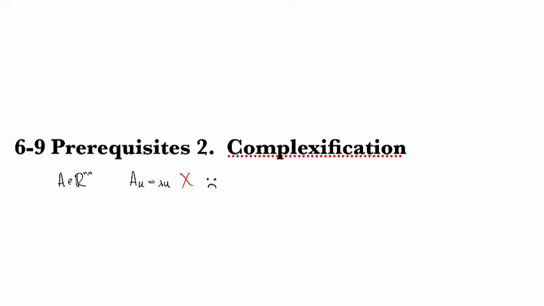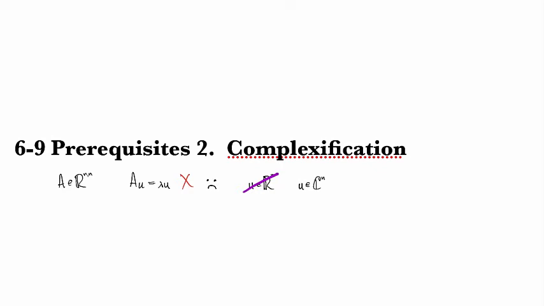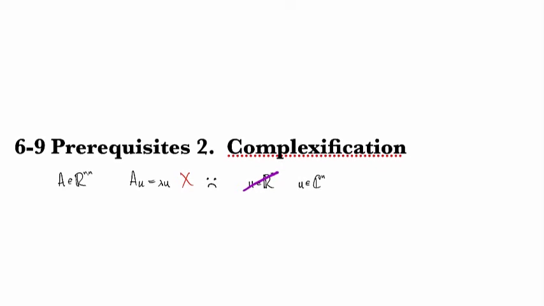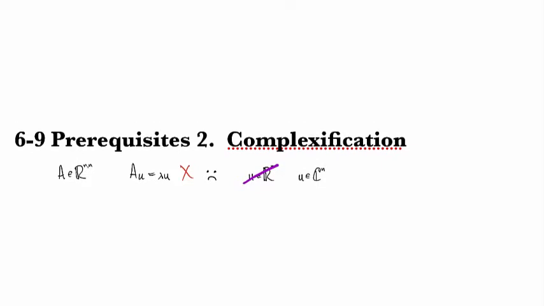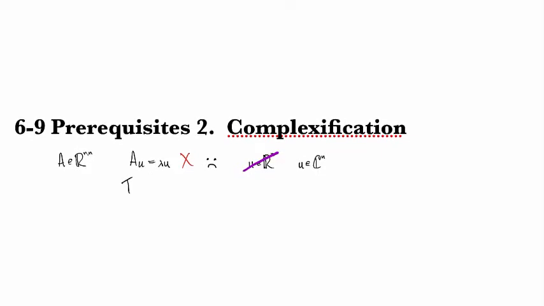And then your teacher says, hey, wait, that's just because you were assuming that u was an element of R^n, which is what any normal human being would do. But forget about that, because we could suppose that u was actually an element of C^n. And even though A is a matrix with all real valued entries, it still defines a perfectly valid transformation. So if we say T(u) equals A times u,